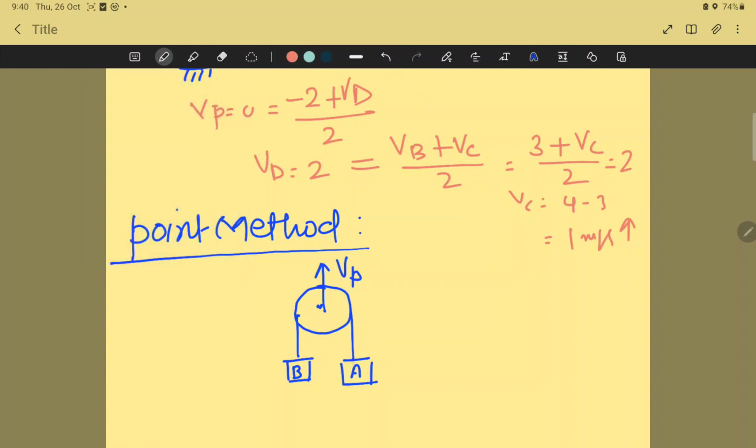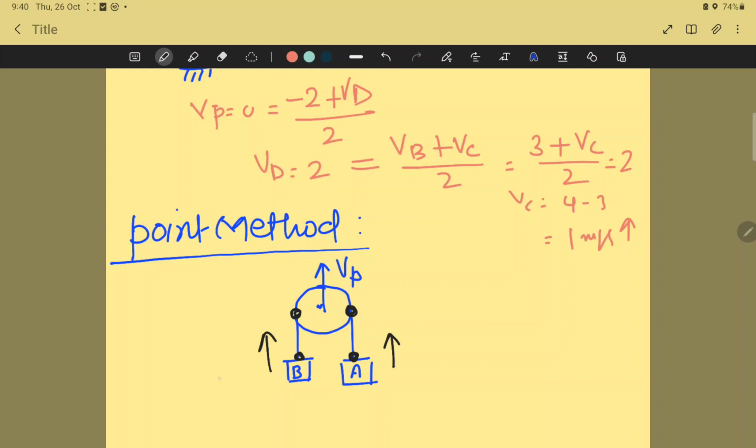Let's say this point is attached to A, this is attached to the pulley, this is attached to the pulley, and this is attached to B. Fine. So these are the points, and let's say once this is static, both will be moving upward along with the